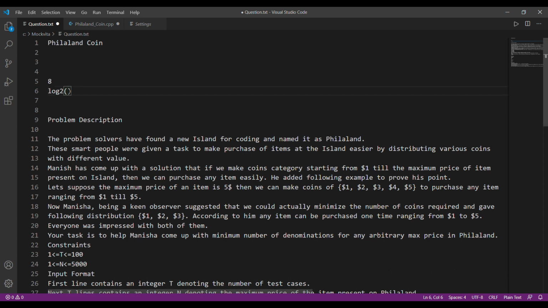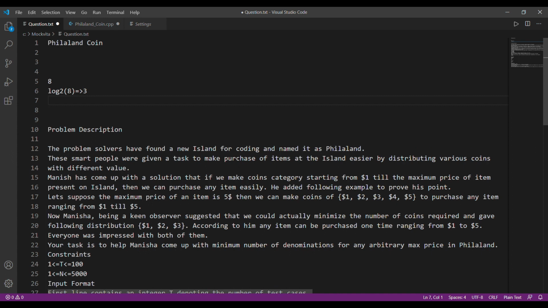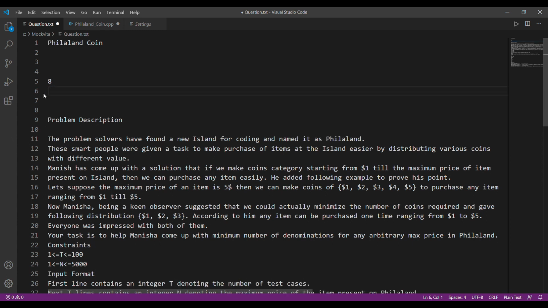If I take log 2 of 8, it's 3, because we know that 2 into 2 into 2 is 8. So 2 to the power 3 is 8, and since I'm taking log 2, it returns the power. That is the whole trick to this question.